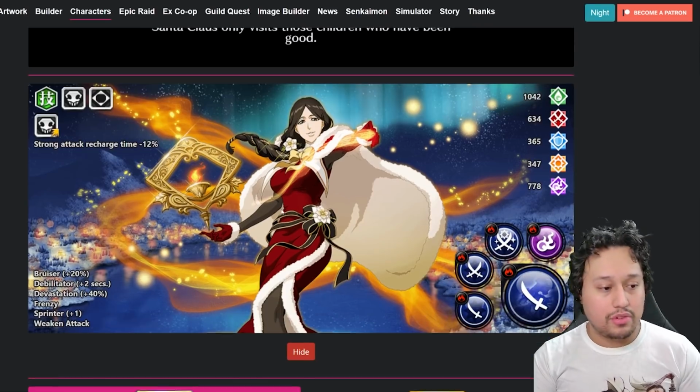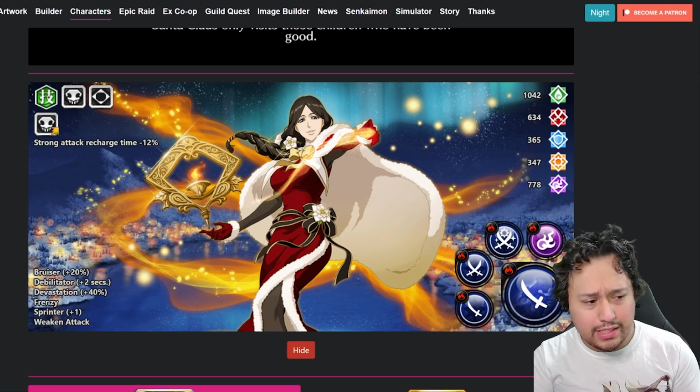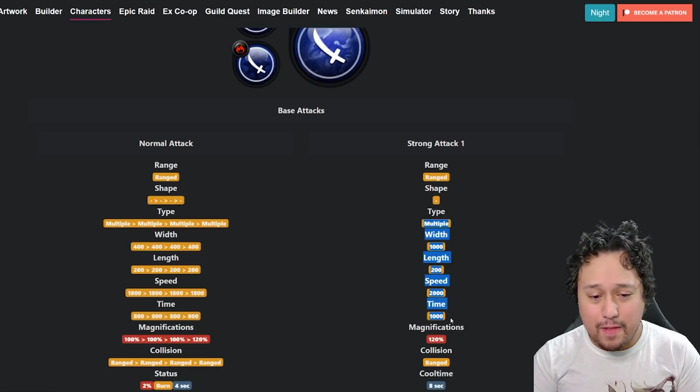All right, now going next on Retsu, Soul Reaper Killer, strong attack, recharge minus 12%, frenzy, weaken attack, sprinter plus 1, debilitator plus 2 seconds, burn on everything. I'll be real with you, I don't really like this character, sorry Swig, I love you, but like she has the